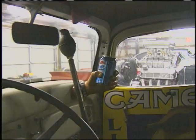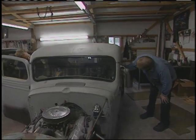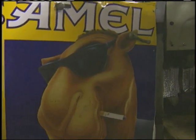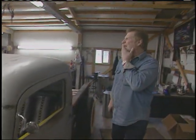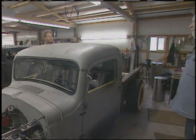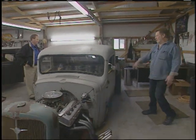I like the hand grenade shifter handle. That is for my problem solvers. Okay. You know, if I have a problem rider, I give them that. There you go. They don't never come back. And I really like the door panels here, the Camel cigarette door panels. Old Joe Camel there, he'd be riding me a pretty good bit. And you got a suicide knob there on the steering wheel. Yeah, you know, everybody needs one of them things so you can hang your sleeve. You know, that was old days, we could hang our sleeve, but...